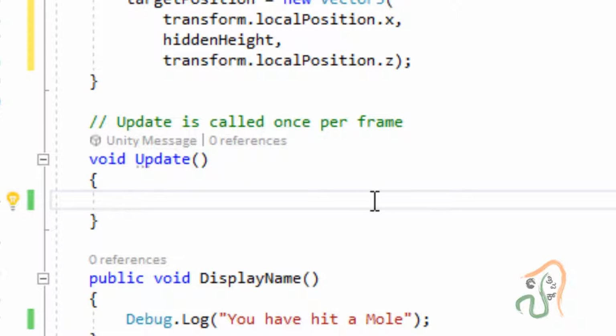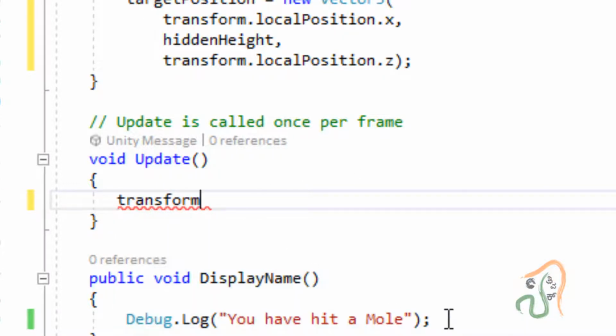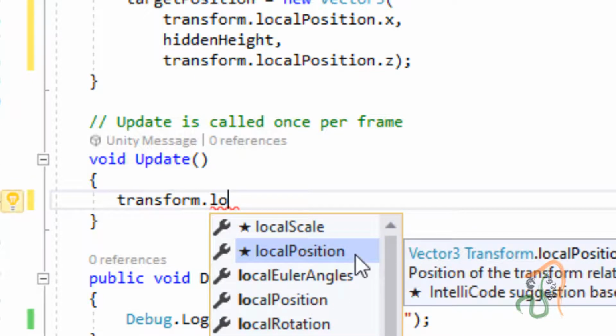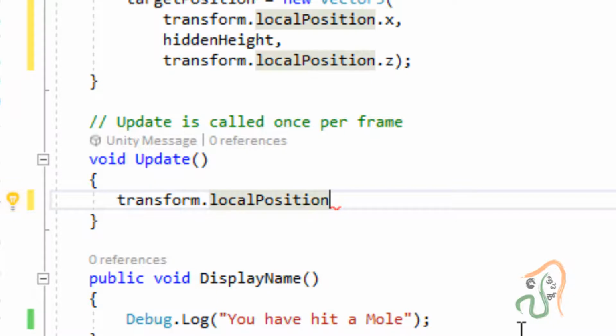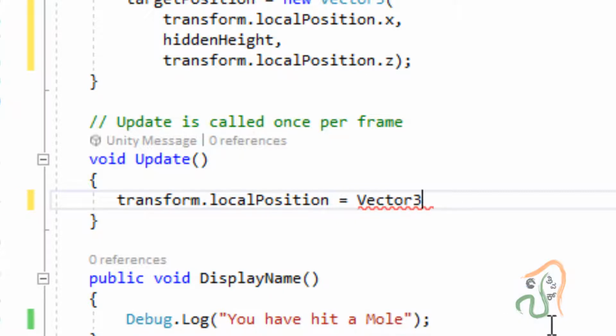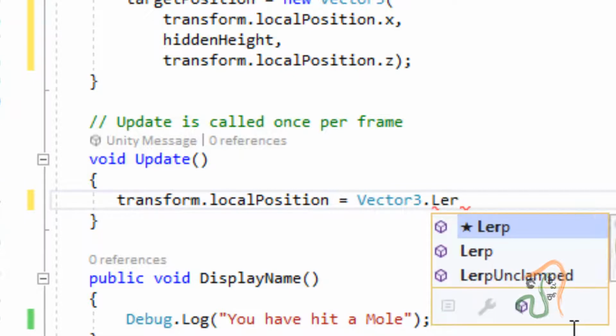To create this animation, we are going to call, in update, transform, then period, then localPosition. Transform.localPosition will be equal to, and we are now going to be introduced to a new function that we use in Vector3. If you call this Vector3 method, period, it has a function called Lerp.